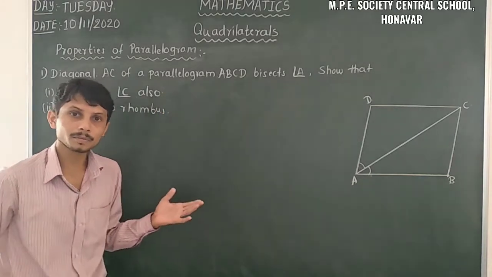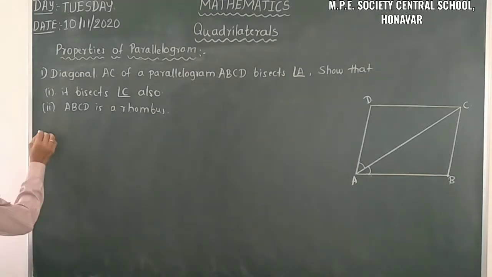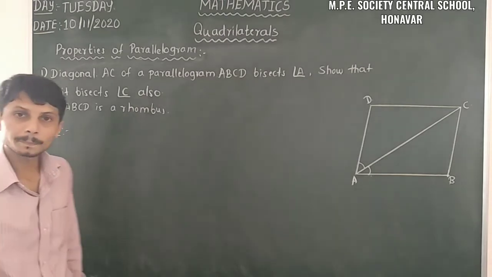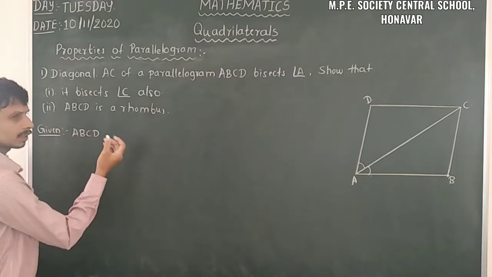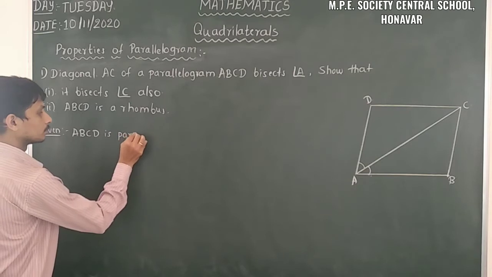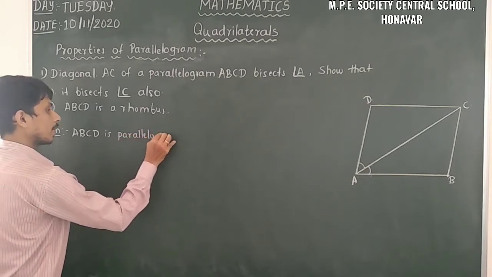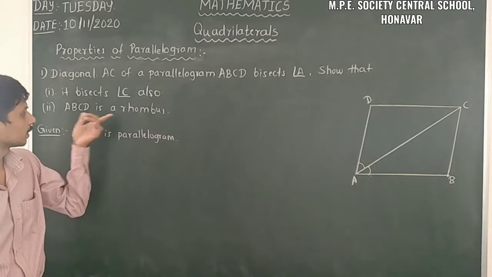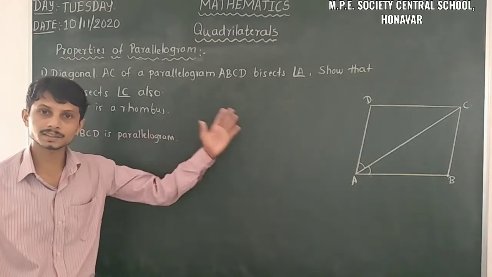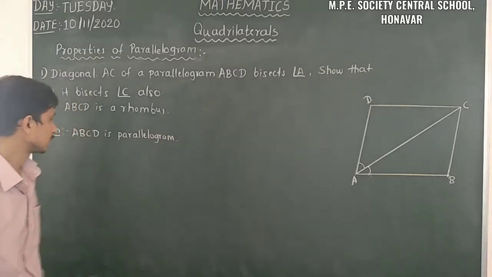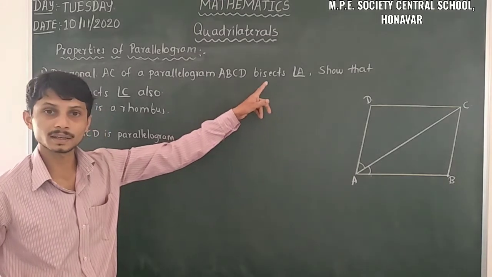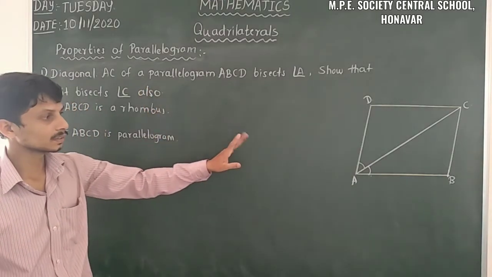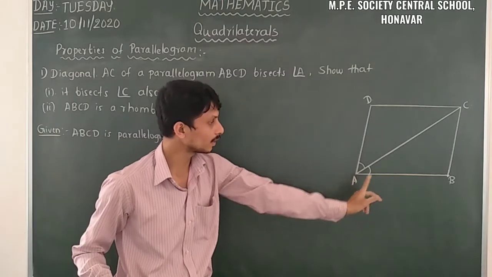Okay, let us take the problem. Firstly we have to write the given things. ABCD is a parallelogram. Initially we take it as a parallelogram; after the proof we can take it as a rhombus, because we have to prove all the sides are equal. What are the other given terms? AC bisects angle A, which means angle DAC is equal to angle CAB.